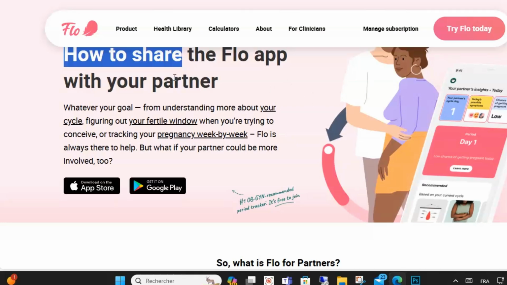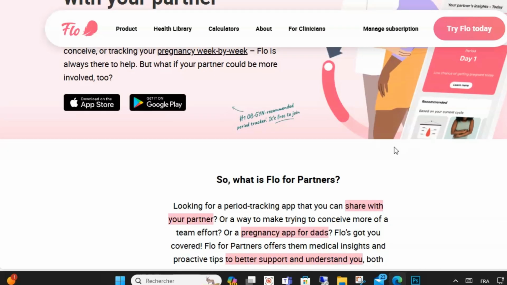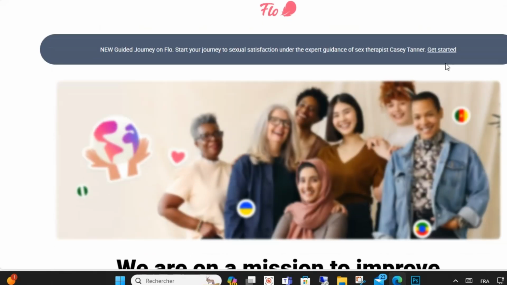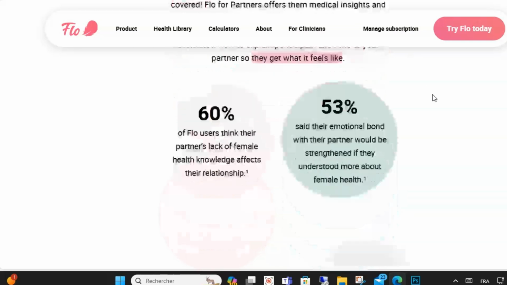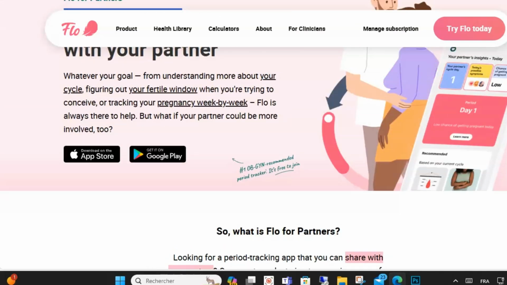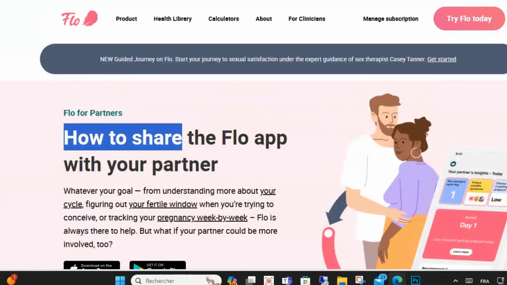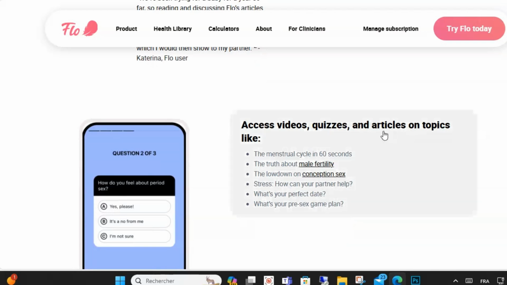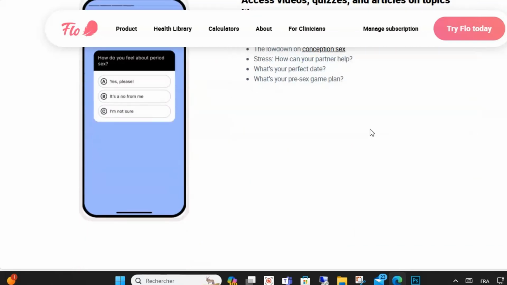Guys, the first step you need is to open your Flow app on your device and navigate to the Partner tab. You can find the Partner tab at the bottom right-hand side of your screen. Inside the tab, you'll find the Link Your Partner button, and this will